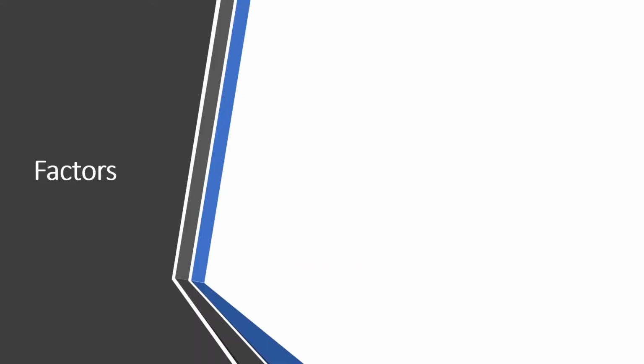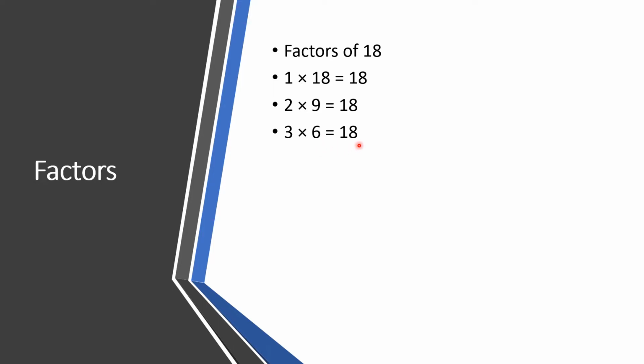Here we will understand how to find the factors of any given number. See here, factors of 18. So at first we know that 1 18s are 18 because 1 is a factor of every number. Then the second number is 2. We will see that 18 is divisible by 2. Yes, because there is 8 at the ones place. It means 2 nines are 18. Now we will check for 3. Yes, it is divisible by 3 also because 1 plus 8 equals 9. It means 3 sixes are 18.